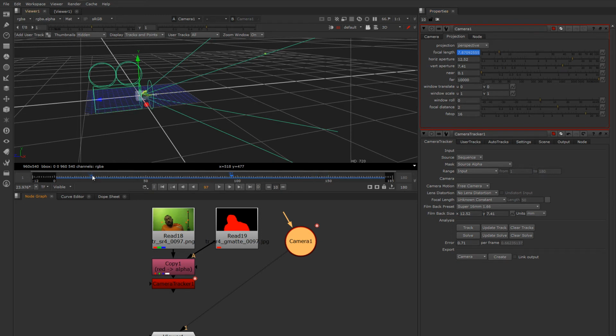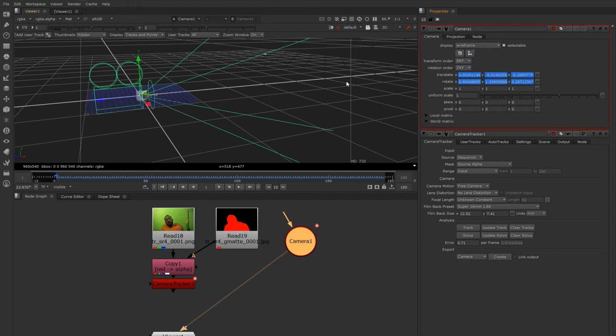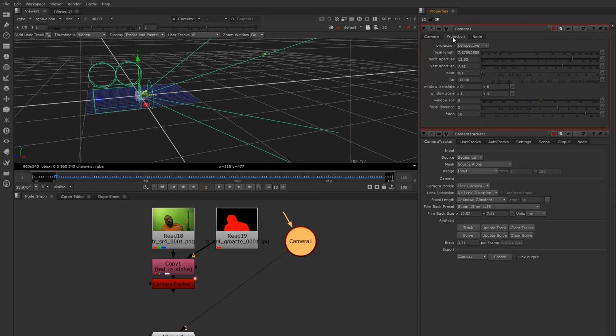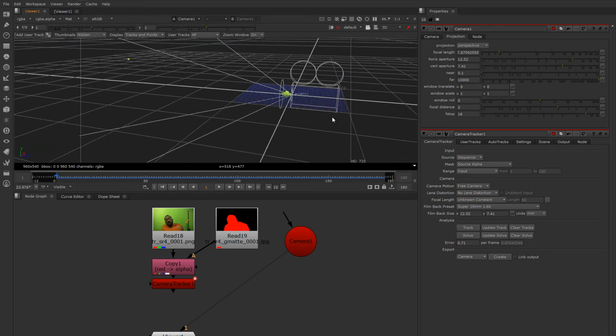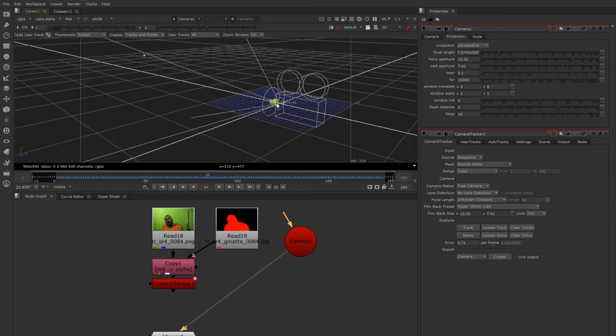So what I would do is I would go to the first frame and say no animation on all knobs, and that will kill all the animation curves. And you might want to reset translation and rotation to 0 if you're going to use it in a tile world setup. And you'll get the focal length. This seems pretty reasonable. That's probably what it was given the size of this sensor. And the field of view seems pretty reasonable